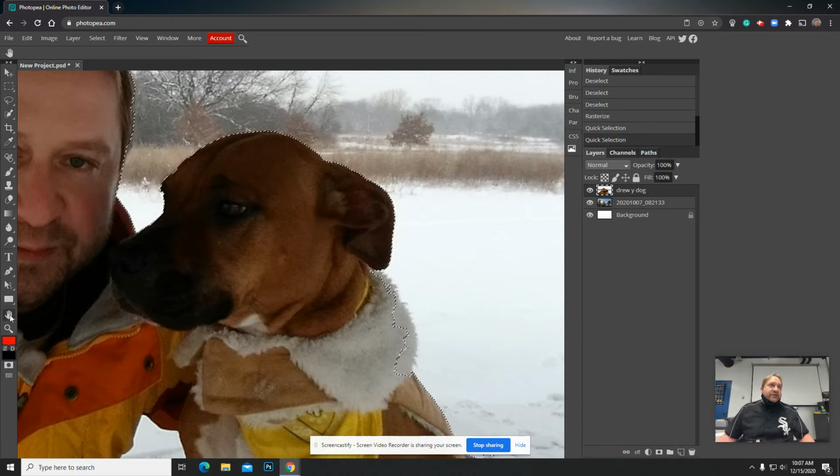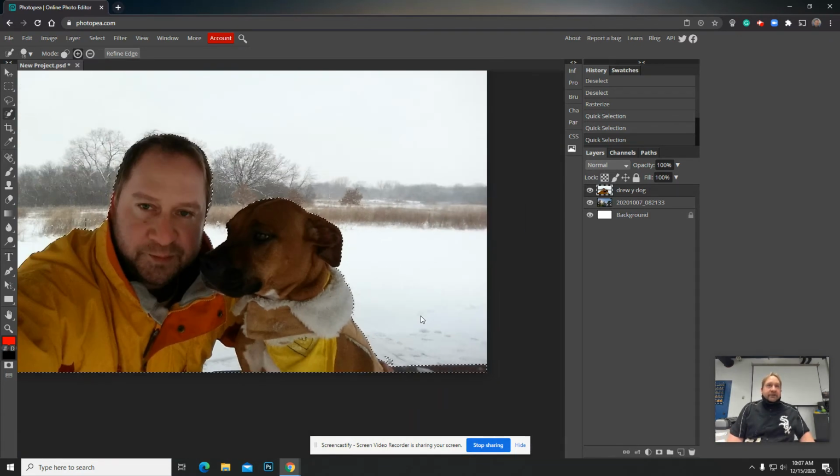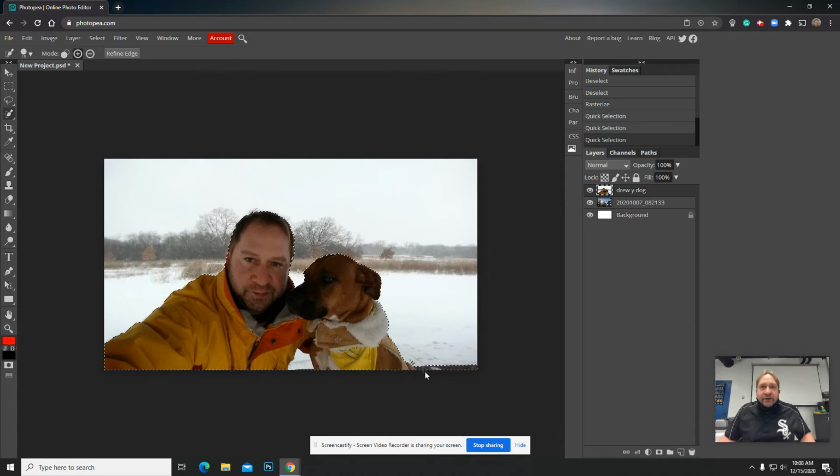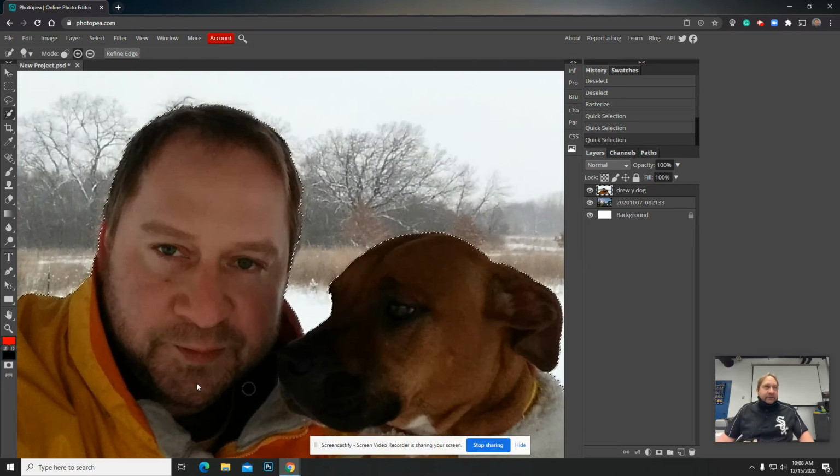The pan, which is the hand, allows me to change my perspective. So I'm going to go back to my brush tool, positive, and see if it's zoomed in, if it'll guess a little bit better. There we go. So we got the scarf this time. Nice. Okay. But what we do have here is the chair that my dog's sitting on in the way. So I'm going to see if I can zoom in again, pan, and remove that as part